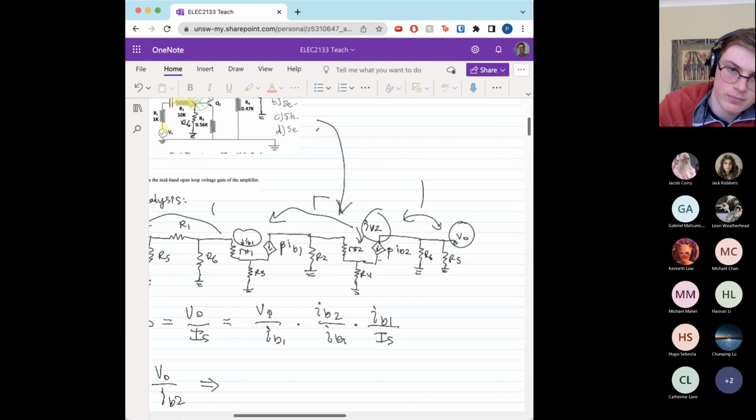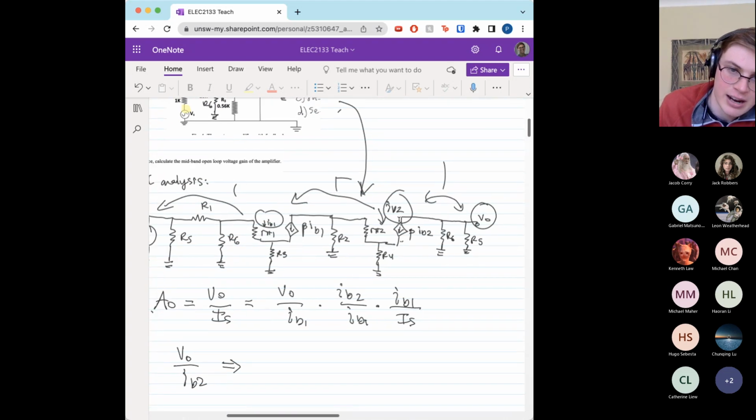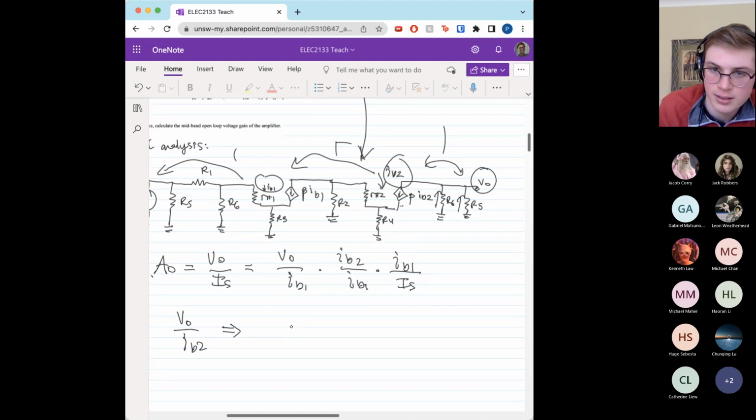I've got V0 here, and then I have a current flowing. Essentially, we can think of it as flowing up through these two resistors and then down through here. So V0 is going to be equal to V0